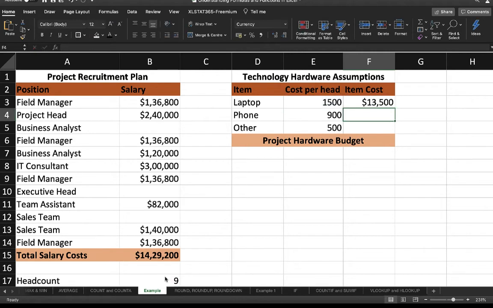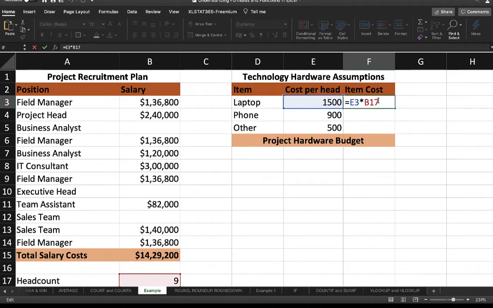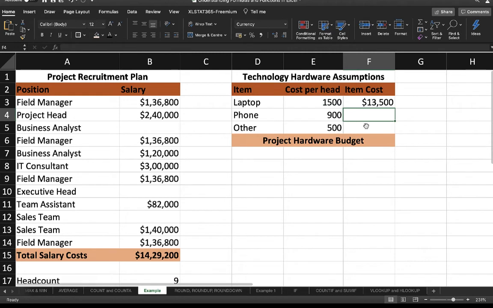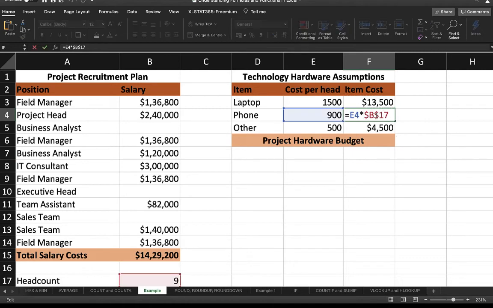I have got 13,500. Now if I copy this formula, it will show a wrong answer. So what I'll do, when I write B17, I just type F4 to lock this cell. Now I'll copy this formula and paste it down. So I have got the answers. Like you see, it is locked.